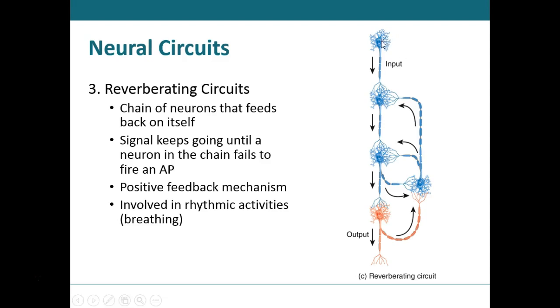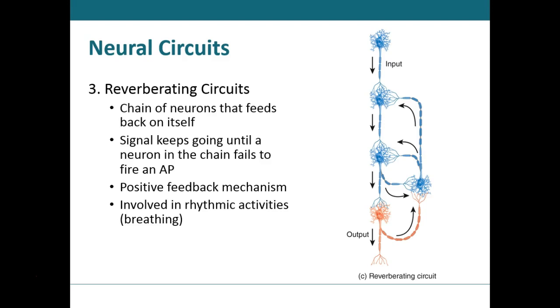So the stimulus comes from the first neuron in the chain to the second neuron in the chain to the third neuron in the chain, and then down to the 4th neuron. But wait, we've got another stimulus going on here that's sending that action potential back to this one and then back to this one. So you can see it is reverberating or going back on itself, leading to that continuous